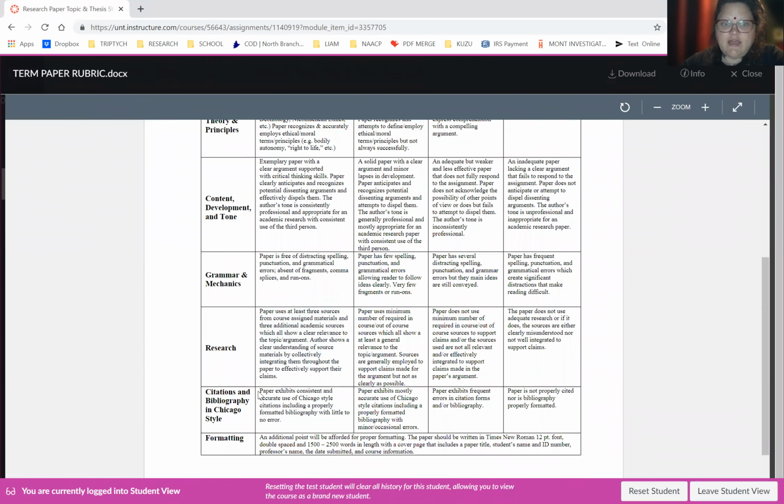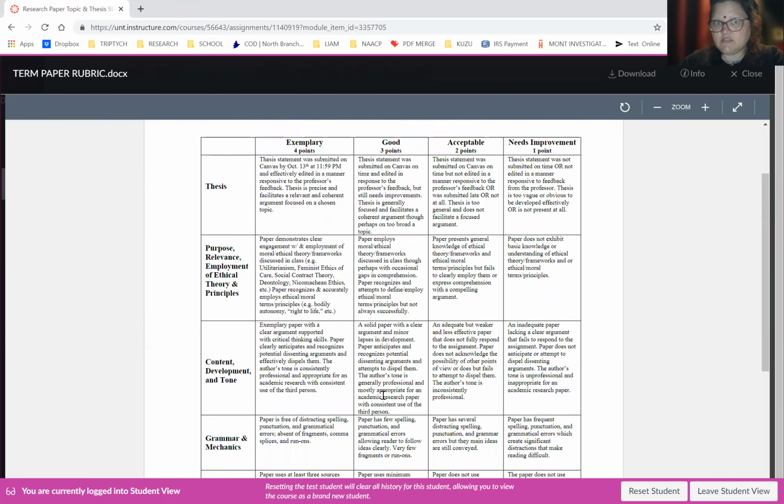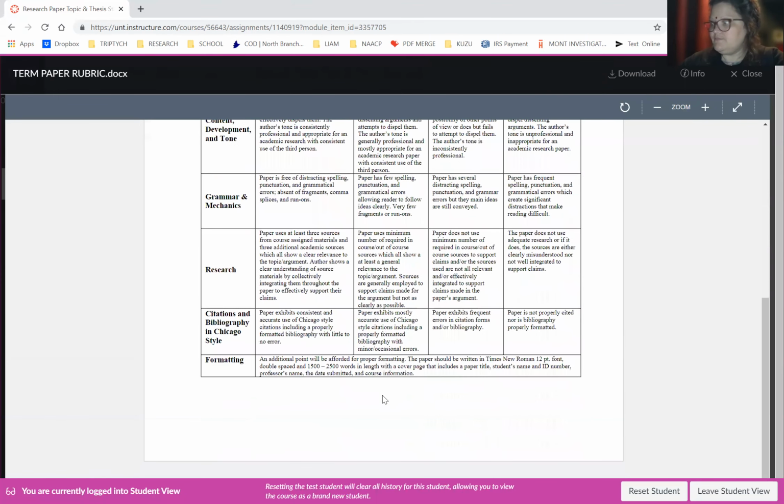Then here in the last one is citation and bibliography in Chicago style. Keep in mind, I linked the Chicago style that I want you to use. There's a link in the other document and it takes you directly to a website that breaks down exactly how to do it. You need to know how to do these things as an academic. So I've linked to the website to help you if you need it. You will be graded on whether or not you accurately cite your paper. So let's say you did an okay job at that. So then I'm going to give you 3 points there.